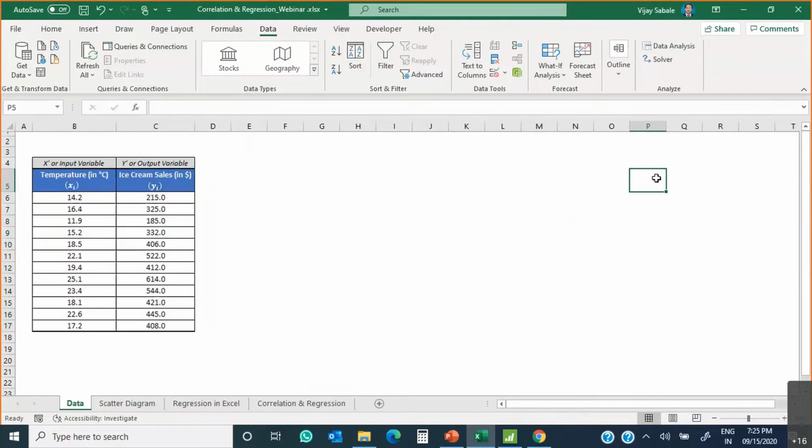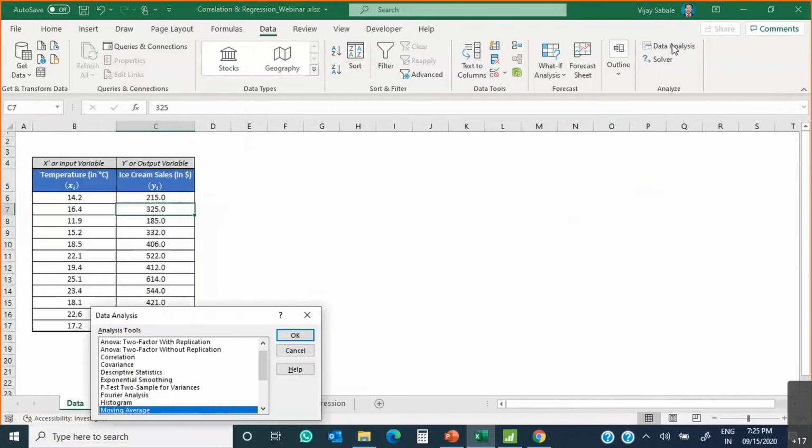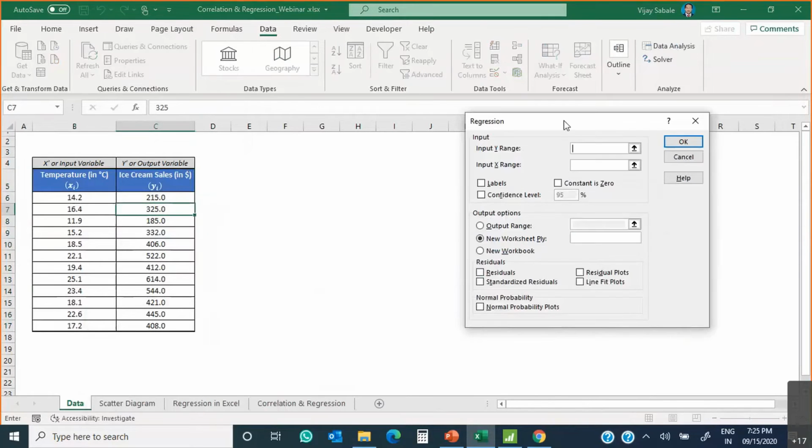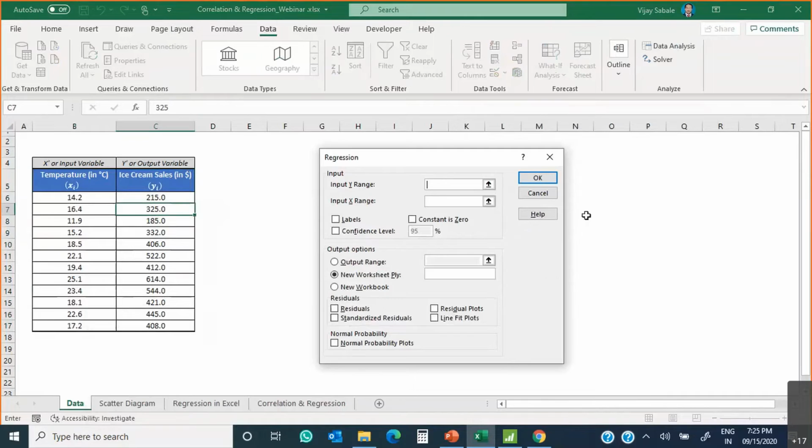Okay, so this is the way if the Data Analysis option is not available under the Data tab. Now, as we are going to calculate the regression between them, go to Data Analysis, then select the Regression tool. You have to select Regression and click OK. Now this window will open, asking what is Y and what is X. This is the drawback of Excel: you can only identify the regression equation relationship for two variables. But if you go to Minitab or advanced statistical software, you can see the relationship between multiple variables at the same time. But as we have one X and one Y, Excel is sufficient.